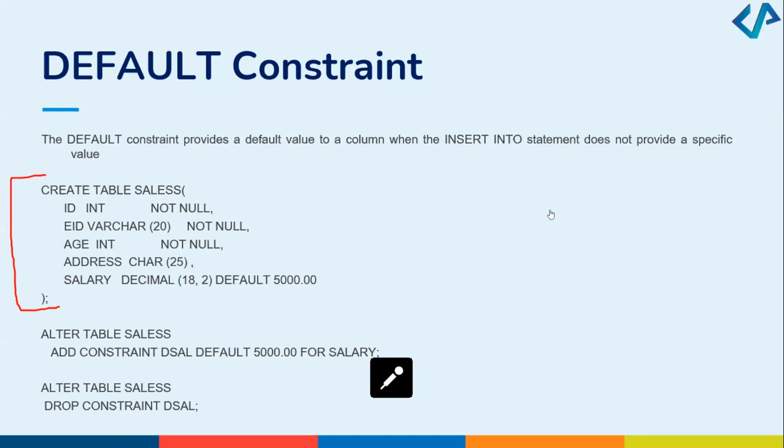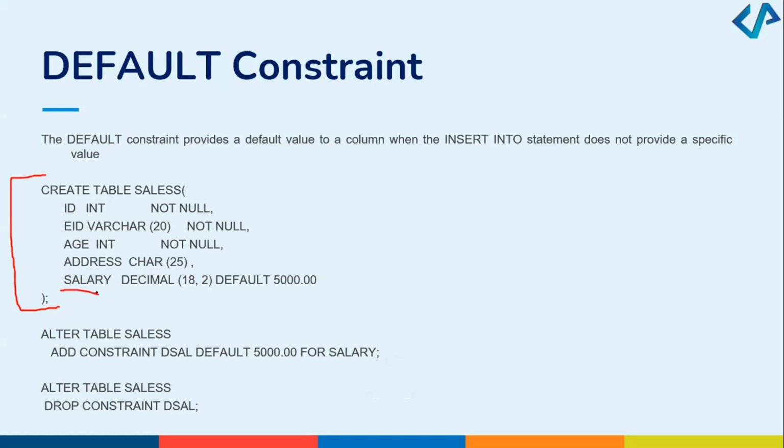Address is not the answer, Nusham. See again, what column has this default constraint? Very good. The salary. Why am I saying so confidently?